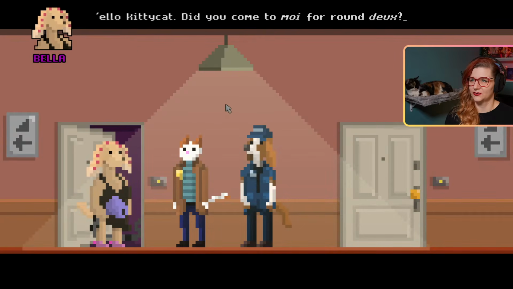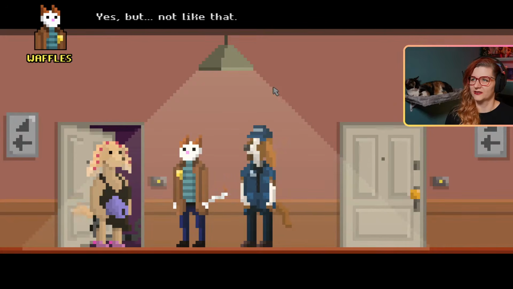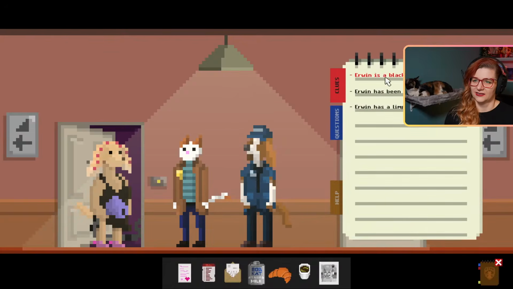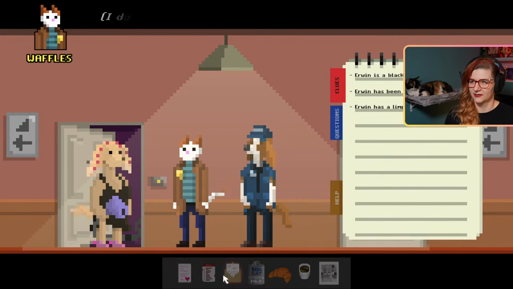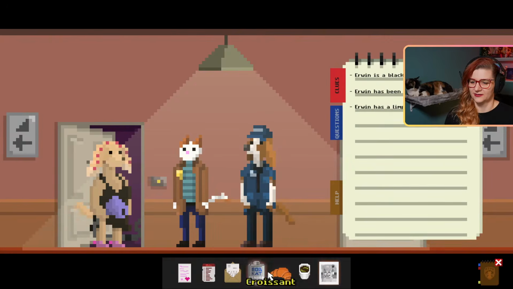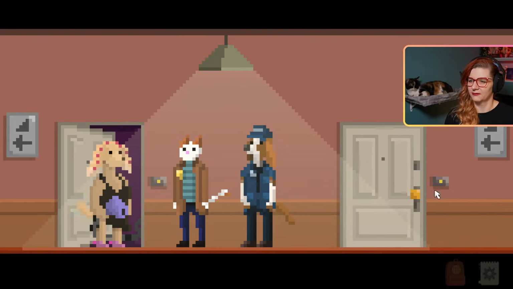Okay, can you help us? Hello, kitty cat. Do you come for moi? For round 2? Yes, but not like that. I need your help with something else. Anything for you, mon petit chat? What do we have? Okay, we have the love letter, the grocery, the insults, and the Polaroid. Okay, the insults are not going to help. And I assume the Polaroid has nothing to do with this, so...